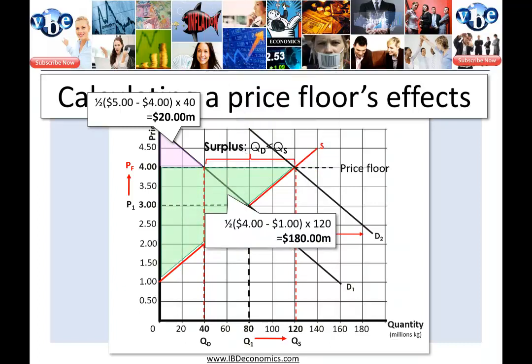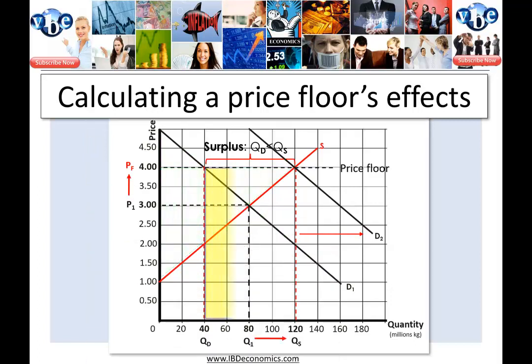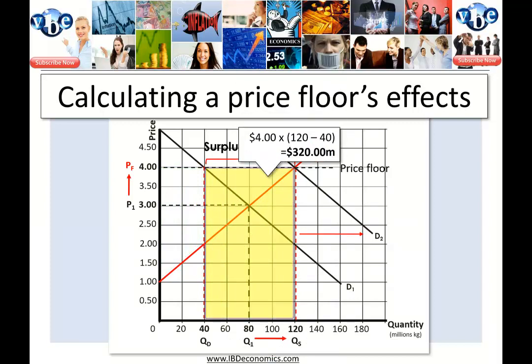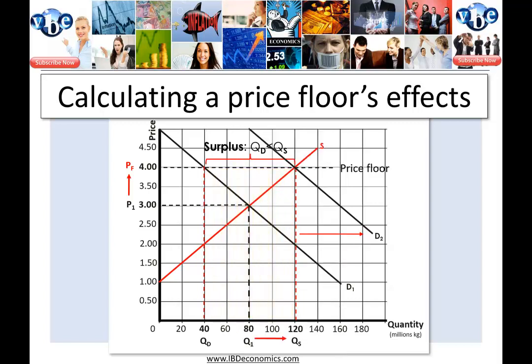Producer surplus, nice easy triangle to calculate as well. It's jumped up to 180 million kgs. Government expenditure on the price floor. And the most difficult